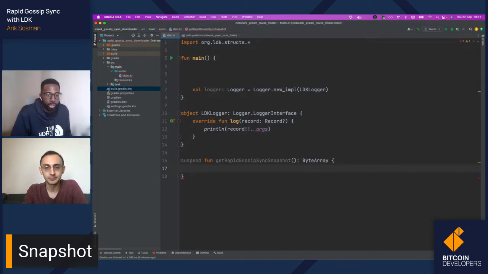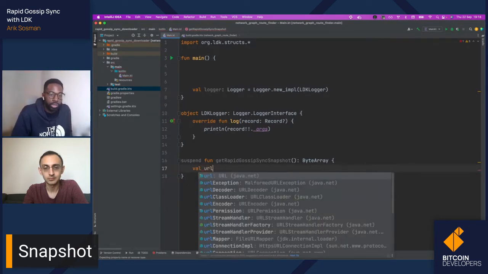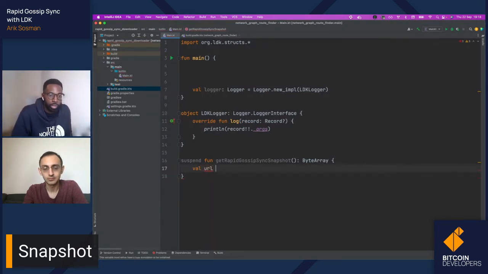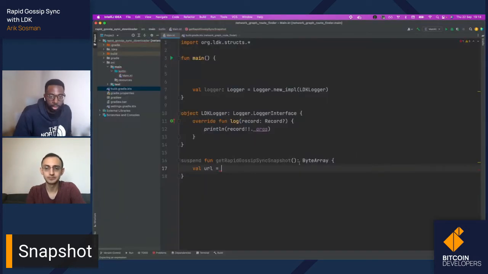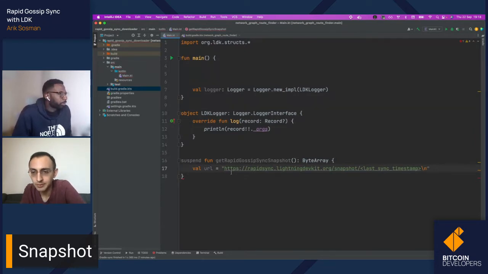All right, so I'll do what you mentioned earlier and create a variable for our URL, which is here. If I may note something here, last sync, so obviously remove the \n.